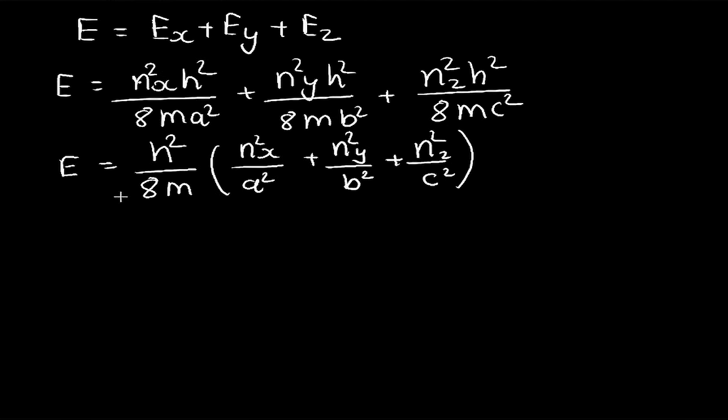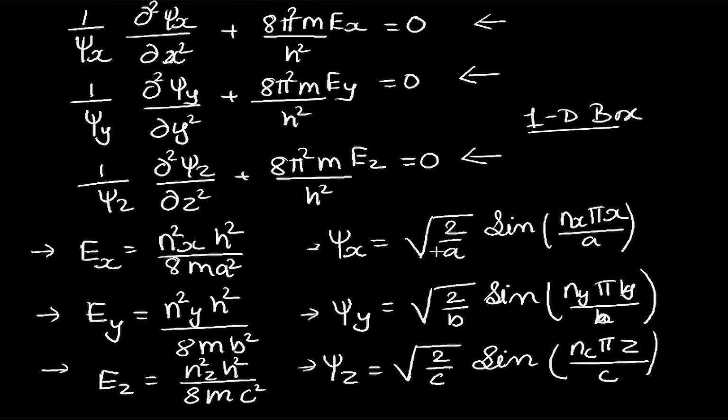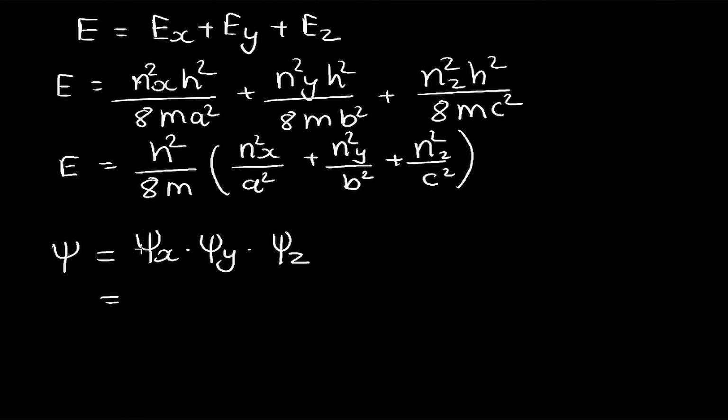and this shows that the energy of the particle is quantized, that is, it is divided into several energy levels. Similarly, for the wave function, we know that the wave function is equal to psi x into psi y into psi z, and hence we will have under root 2 by a sine, under root 2 by b sine, and under root 2 by c sine. So this we could combine, and we will have under root 8 by abc sine